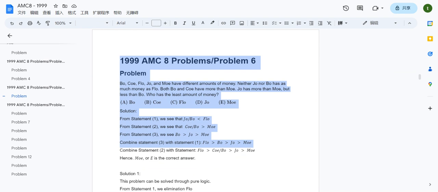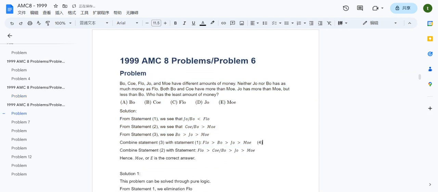It should be Bo or Joe bigger than Mo. Sorry, it should be, yes, it should be Bo, Joe, Mo. Combine statement with statement 1, we're able to see that Flo is bigger than Bo, is bigger than Joe, is bigger than Mo. And we combine statement 2 with statement 1 with statement 4, which is this statement, Flo